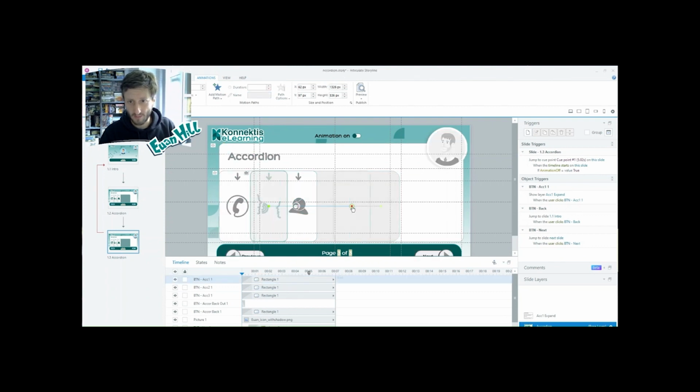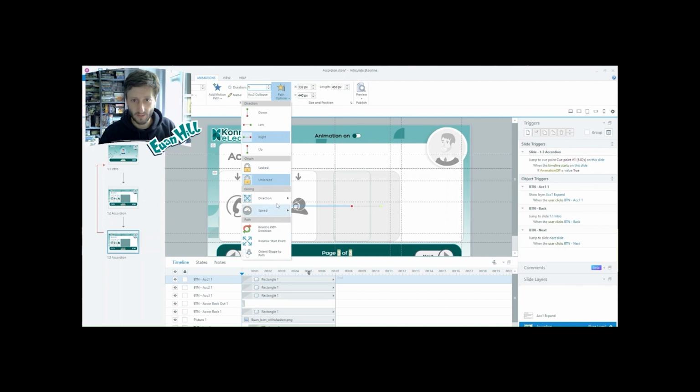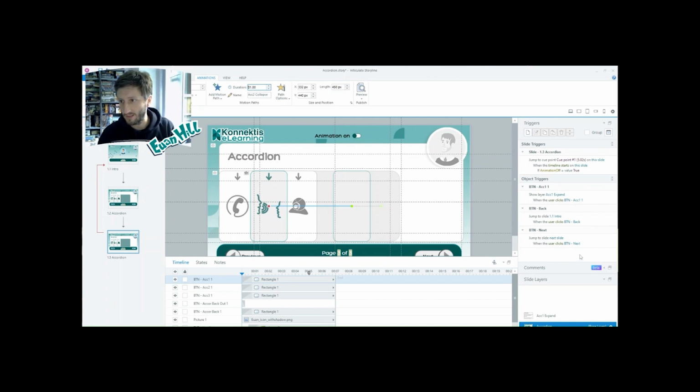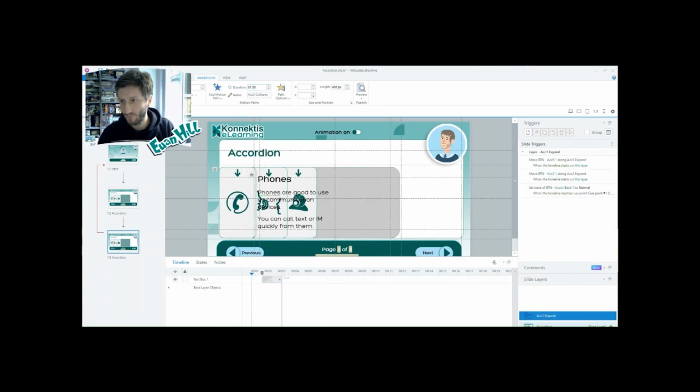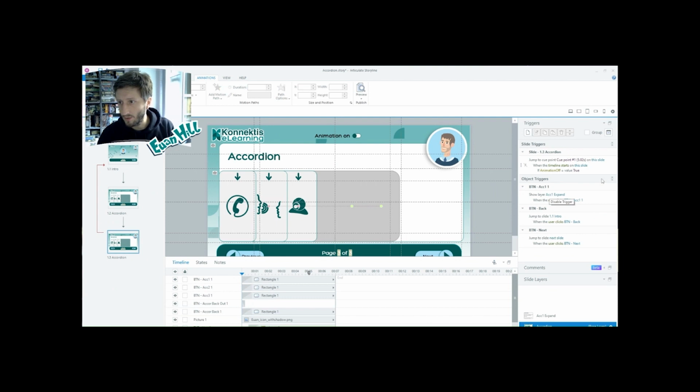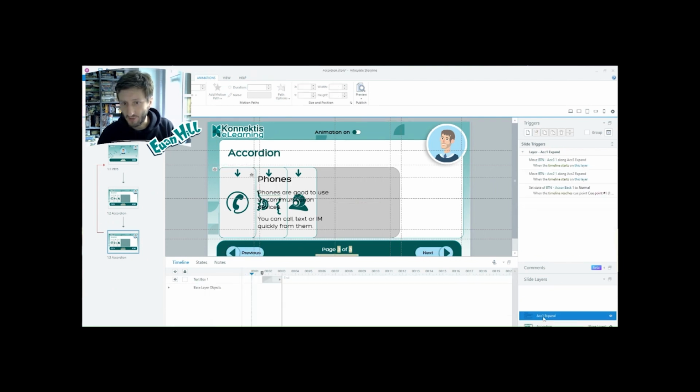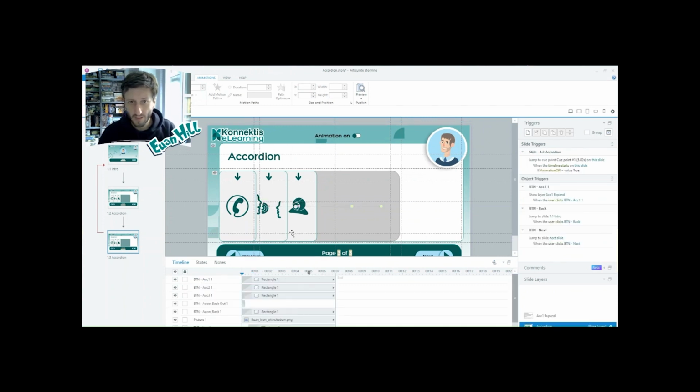And we'll just do the same for this one here. So copy, paste, collapse, 1 second, and reverse pathway. There we go. So they've both got an expand and a collapse now. And it doesn't look like it's tried to make a new timeline trigger for me, which is good. So I think we're all good. Right, so